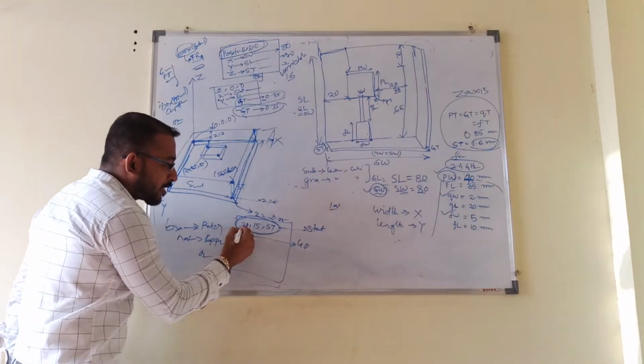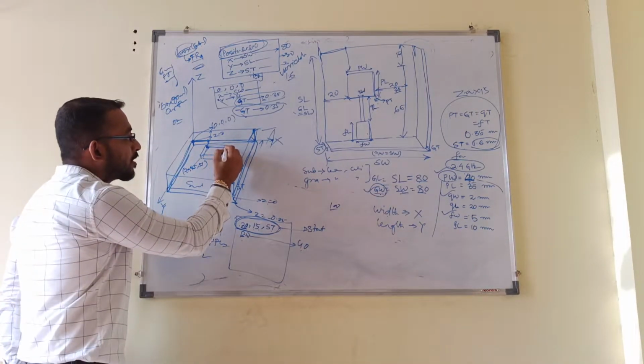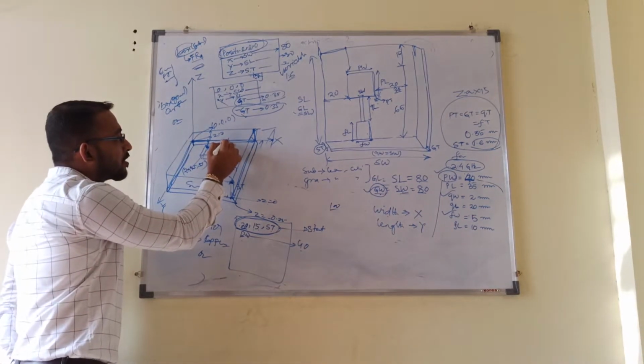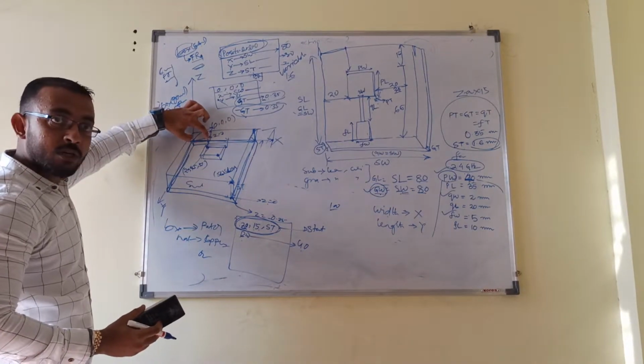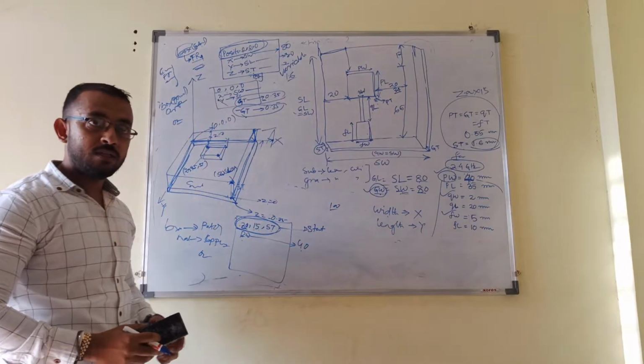Let me tell you, at the start it was 20, now at pw I put 40. It means I reached this point, or not? From the origin, what is the distance from here to here? 60, because before it was 20, now I moved a distance of 40 for my patch width. That's why I reached 60.